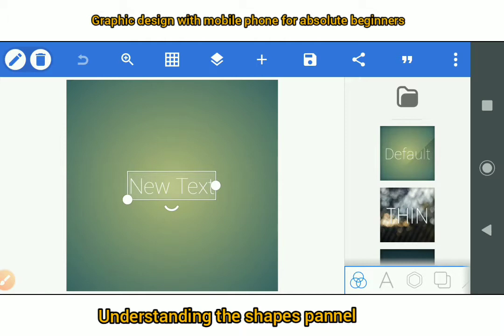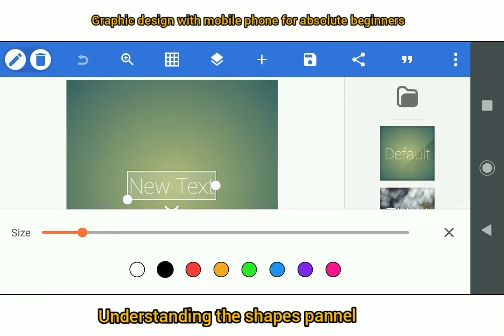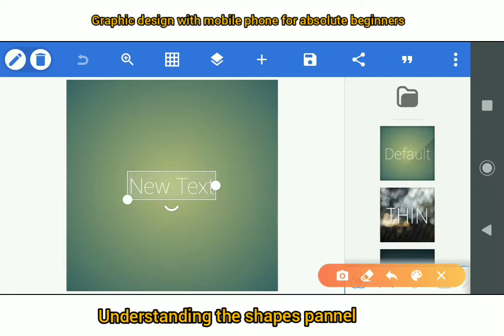Today, we're going to be talking about shapes: how to go about with basic shapes, how to combine shapes, how to work with shapes basically. The last time I took you through the quick action bar and the bar down here, this particular one. Today we are going to be learning about this particular icon,